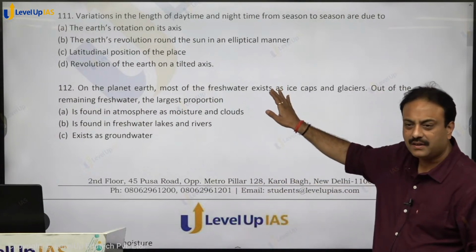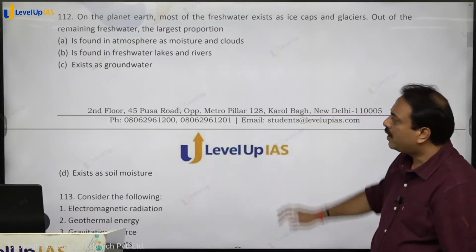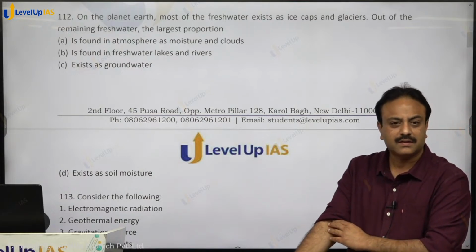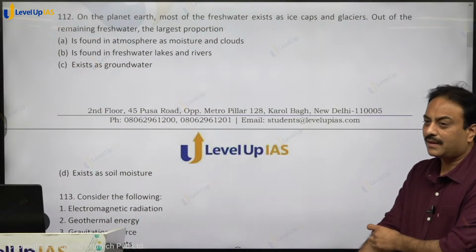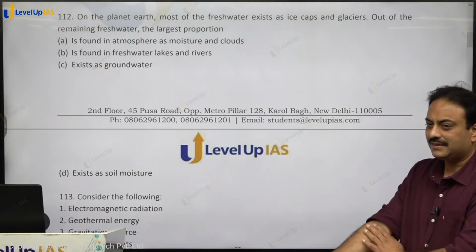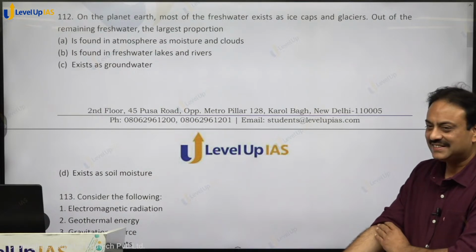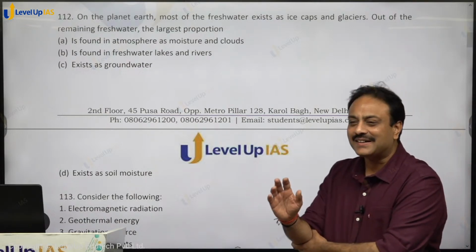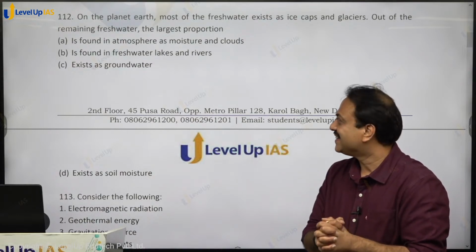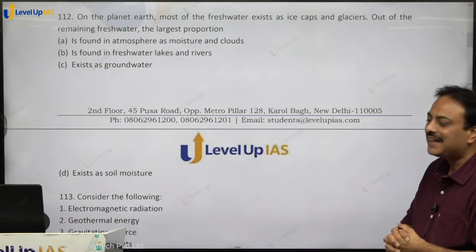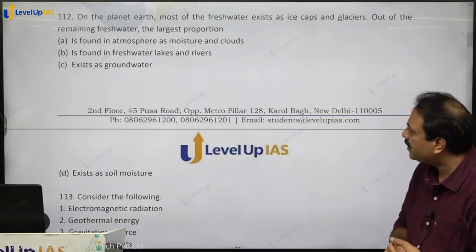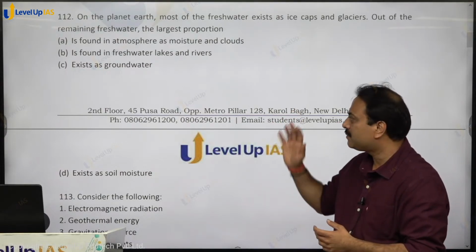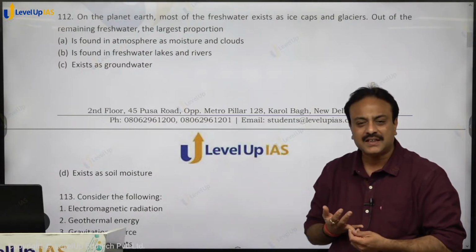Is the answer clear? Okay. Question number 112. On the planet Earth, most of the fresh water exists as ice caps and glaciers. Out of the remaining fresh water, the largest proportion. We discussed this in our class yesterday also. Same question has been asked by UPSC. The largest proportion exists as groundwater,